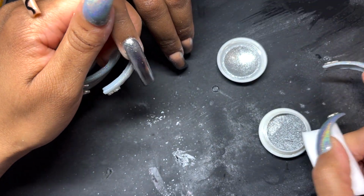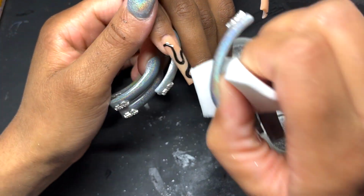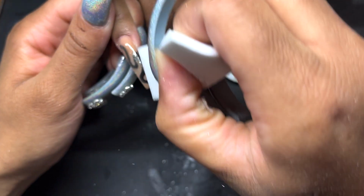Anyways, you want to get all into nooks and crannies, but be careful. The thing with chrome is there is a lot of fallout. Now I feel like next time I might limit this by using less on the sponge at one time, but most definitely those sticks I don't like, because basically when you use them and you're trying to rub and rub,